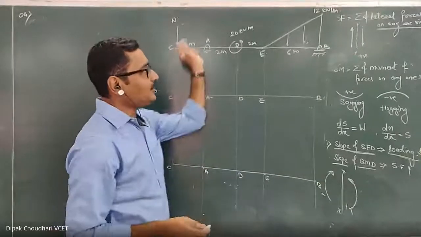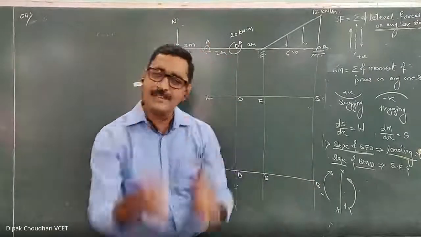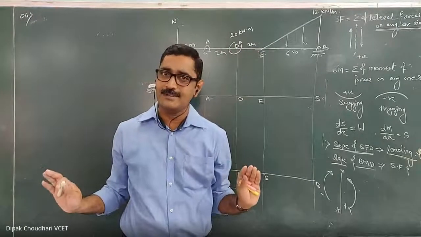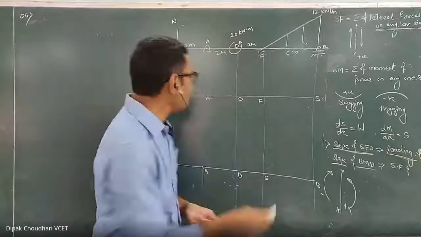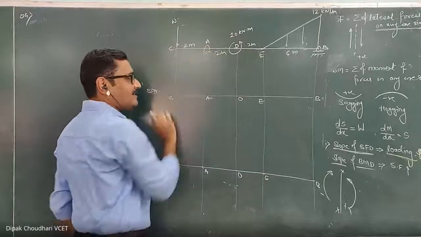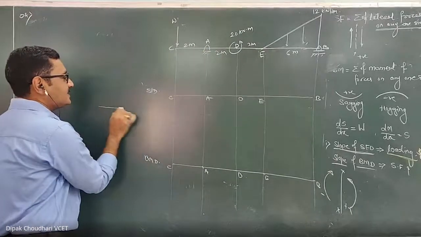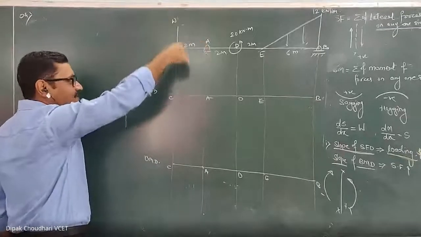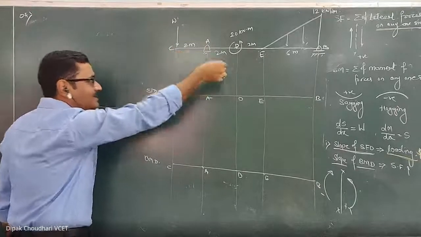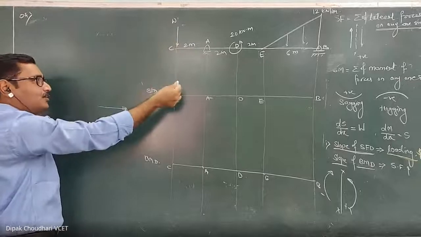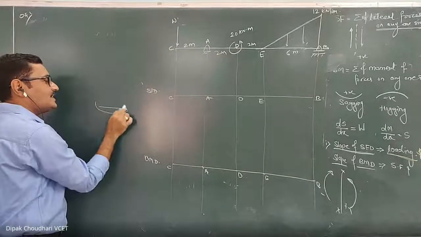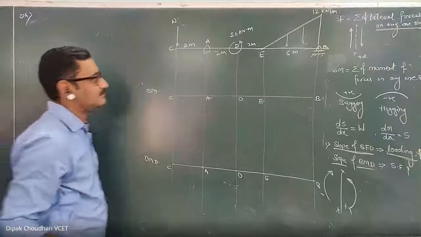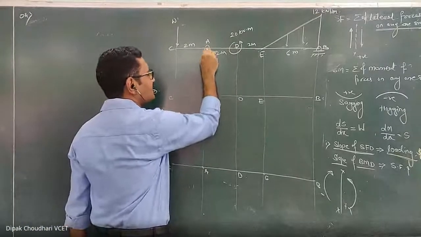Now you'll observe that in this loading diagram, all forces are vertically downward only. There is no inclined force or horizontal force. Since there is no inclined or horizontal force, even though there is a hinge support, where we know there are two components of reactive force, all the external applied forces are vertical only. That's why the horizontal component of the reactive force will be 0. So no need to show that. Here directly show only one component, because the horizontal component is 0.